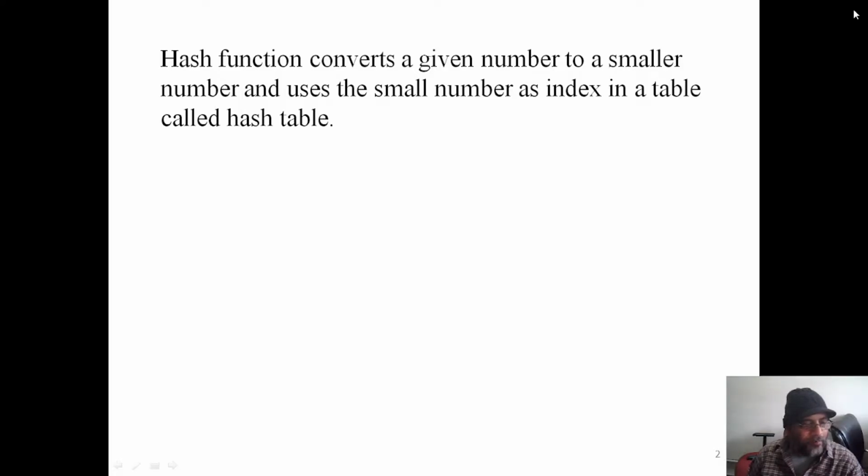So with the help of a hash function, for a very large number of values we can make one small index table, and for this purpose we make a function that we call a hash function. A hash function converts a given number to a smaller number and uses the small number as an index in a table